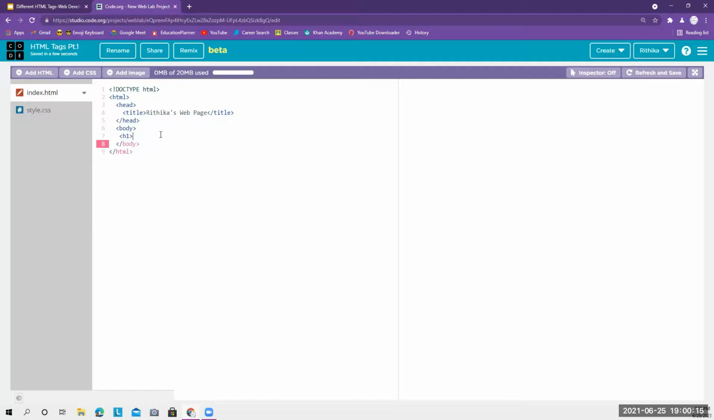Now we're going to put our heading. I'm just going to literally put the same thing, Ritika's web page. So you can put whatever heading you want. I'm just going to put Ritika's web page. And then we're going to close it. And ta-da! It's going to show up on this side of this screen, and this is going to be our